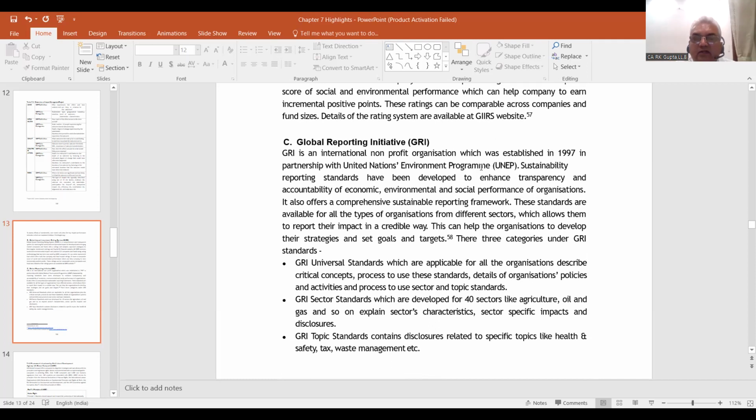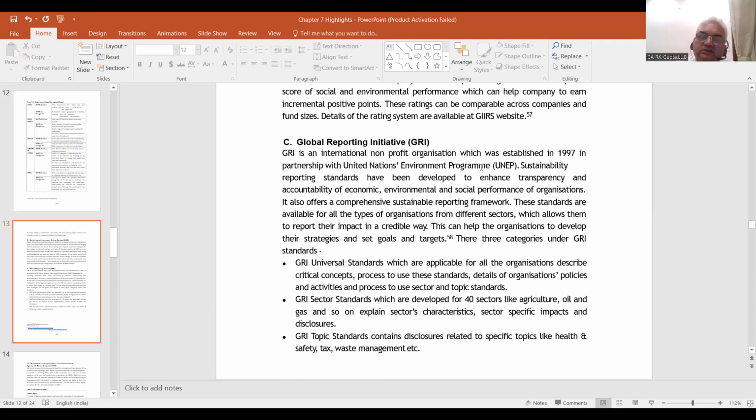So these standards are available for all the types of organizations from different sectors, which allows them to report their impact in a credible way. This can help the organization to develop their strategies and set goals and targets. So there are 3 categories under GRI standards. तो ये कौन कौन सी कैटेगरी हैं, एक तो है GRI यूनिवर्सल स्टैंडर्ड्स,